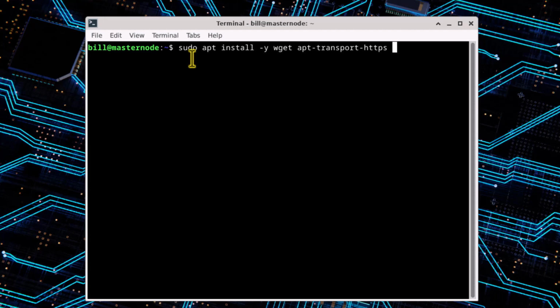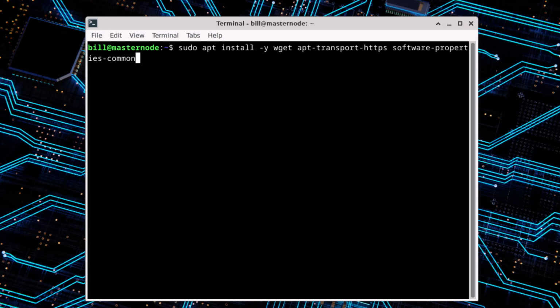apt-transport-https. Now what this is going to do is allow us to get software, dpkg software, from a repository using HTTPS rather than native HTTP. So that's a good thing. We like that a lot. And of course Microsoft is all about that. So if we want to use any Microsoft code, we're going to have to use HTTPS anyway. So these libraries will allow us, they'll put it right directly into the apt situation, and then we can use